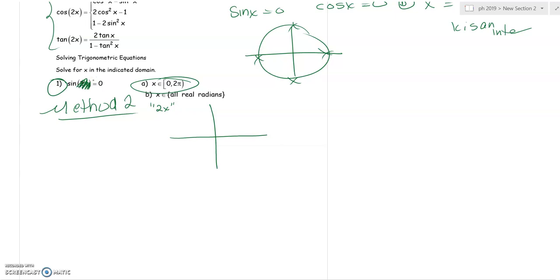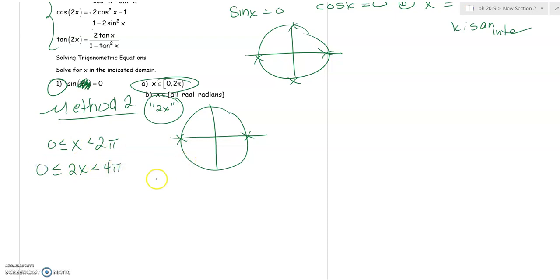And when we graph it, the sine of some angle, 2x, equals 0, right? Well, let's think about that. The sine of an angle is 0 at 0 and pi, and again at 2 pi. So again, we're thinking of this as 2x right now. And x is between 0 and, we are going to be looking for values of 2x between 0 and 4